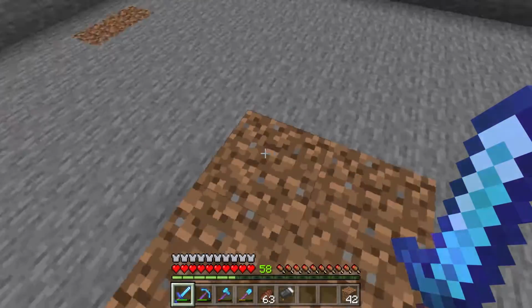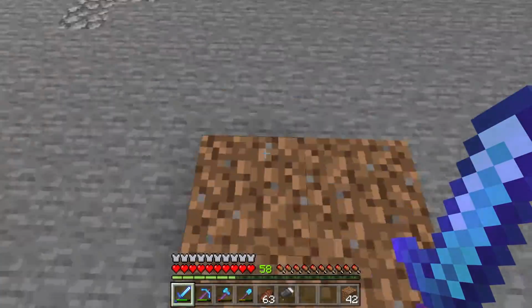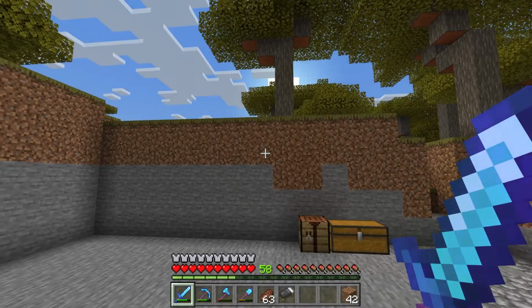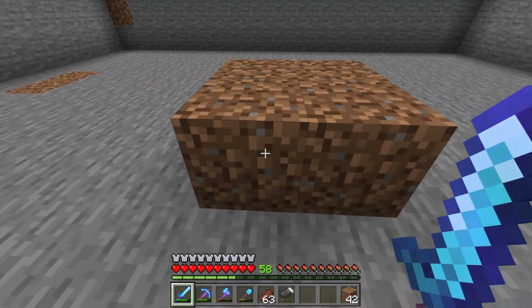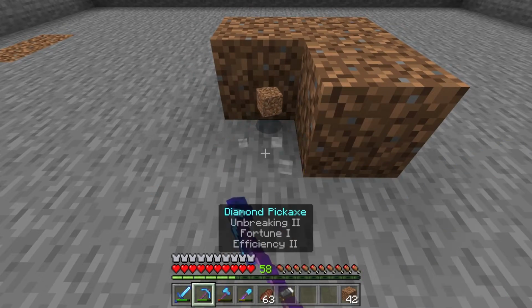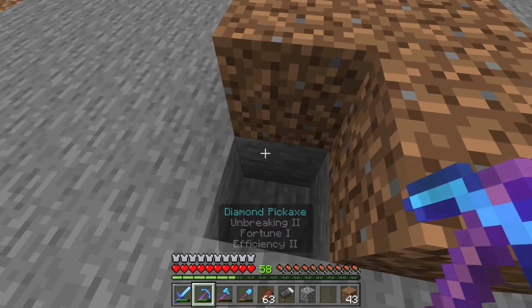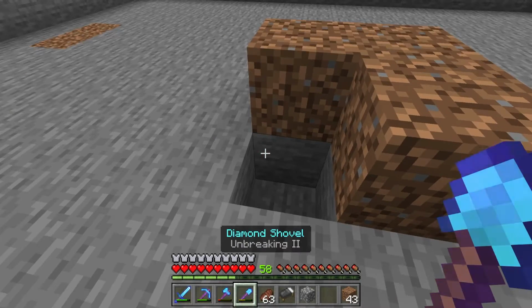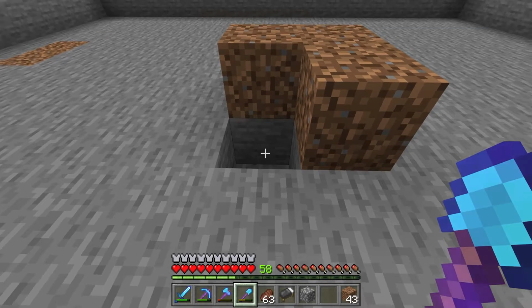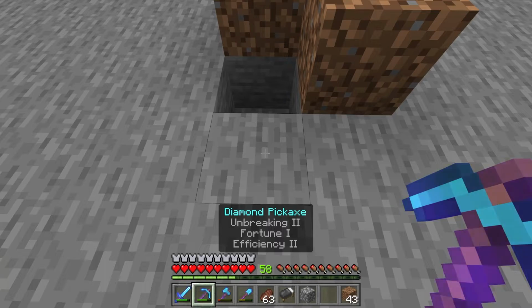So I have marked out the center 4 blocks because obviously this is a 16 by 16 area, so we're going to have 4 center blocks, and I want the collection to go that way. So this block here is going to be where everything kind of funnels into. So what we want to do is create a 7 by 7 area that is 6 deep. So let's go